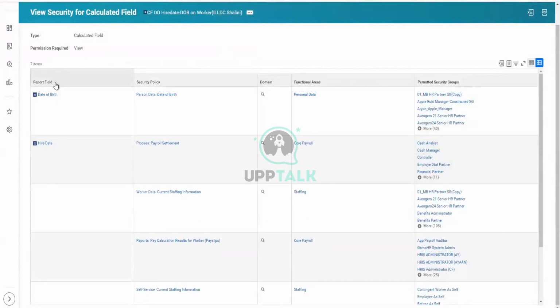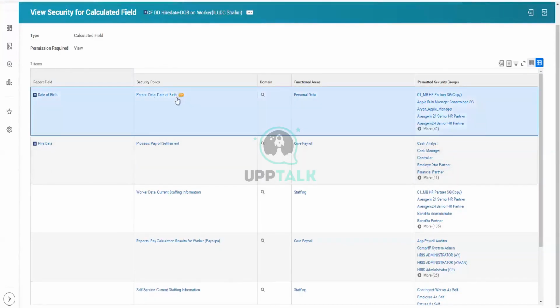Now here, you see there is one additional column added. Earlier you were able to see data from security policy, domain, functional areas, permitted security group. But when I open the calculated field, there is one extra field you are able to see. That is report field. This report field contains whatever fields you are using in the calculated field. It will define the security for each and every field. Here in this calculated field, two delivered fields are used, date of birth and hire date. To access date of birth, this domain should be